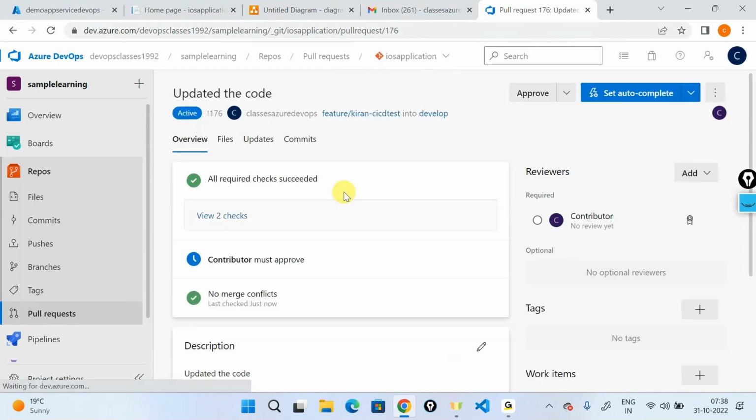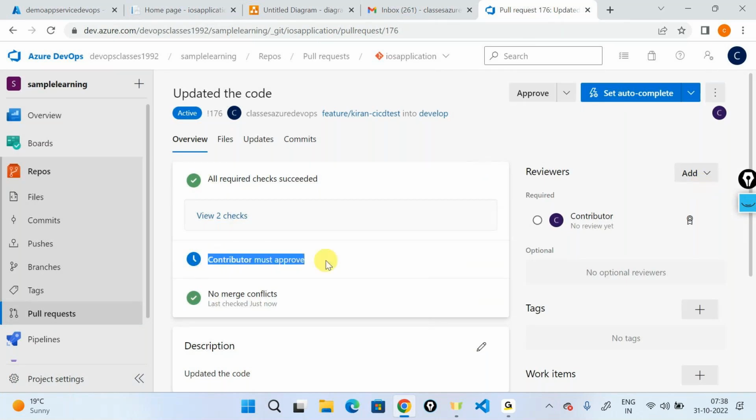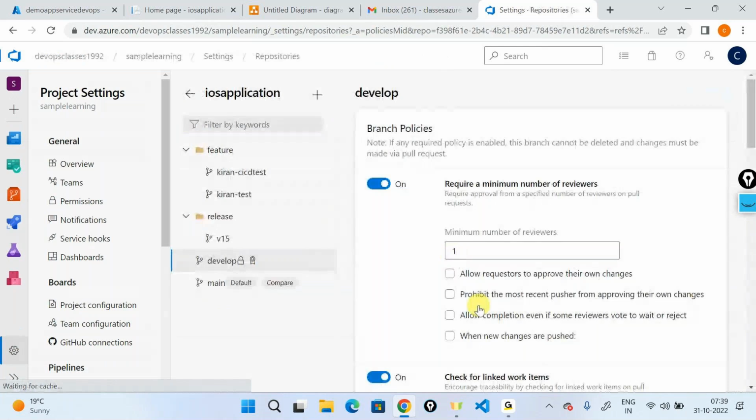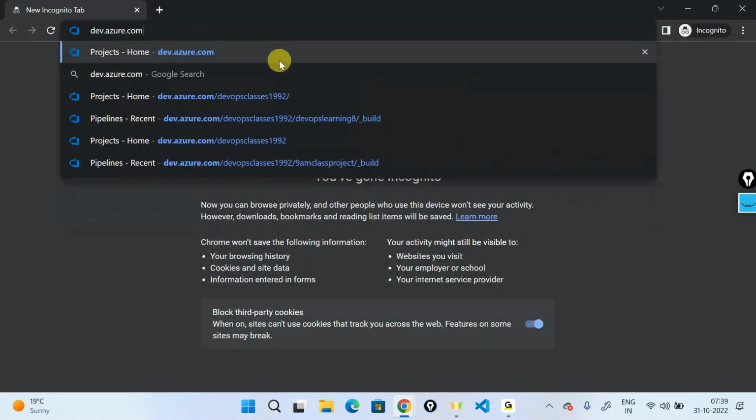As and when I created it, there are a couple of checks that I had to satisfy. One being the work item must be linked, and comments must be resolved. Then I have a contributor who must approve this change. Even this is enforced by the branch policy. In your branch policy, we have something called an automatic reviewer. This is where we added a contributor. And if I log into the Azure DevOps portal as a contributor out here,